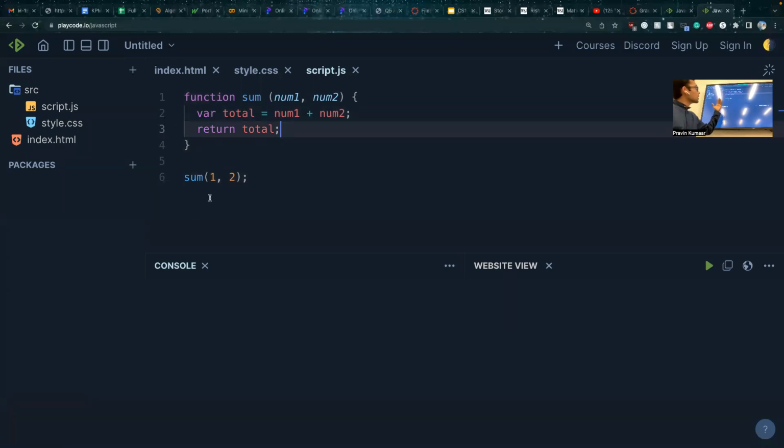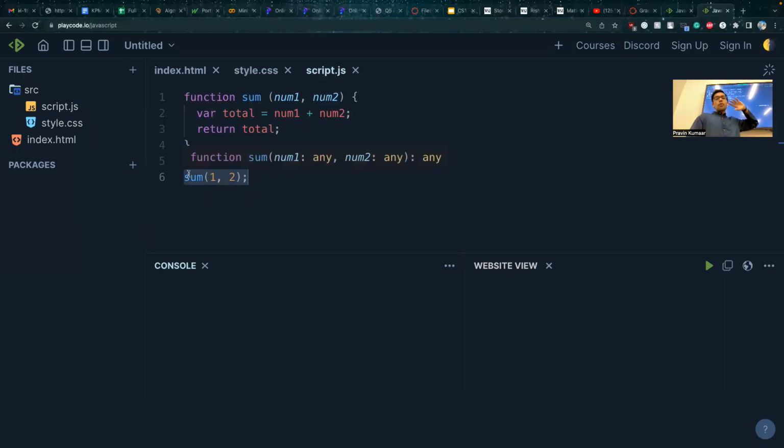So yeah, this is my function, and this is basically my function call. This is how you call your function. You're saying I'm calling my function sum, and I'm passing in number 1 and number 2. There are 2 numbers, right? I need to pass it 2 numbers. It can be any 2 numbers. But will this output anything at all? It won't, because